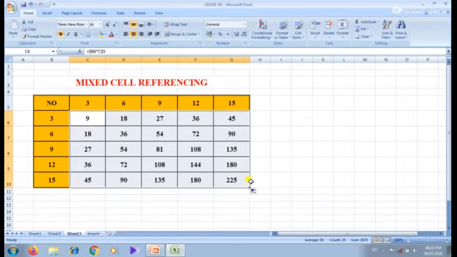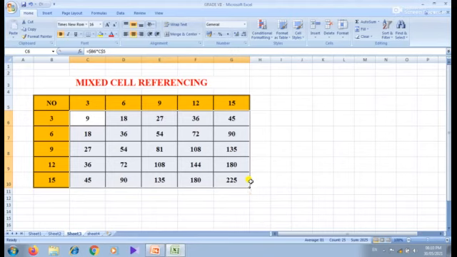Did you understand, students? So in which situations can we use mixed cell referencing? If we want to lock only the column, or if we want to lock only the row, in those situations we can use mixed cell referencing.